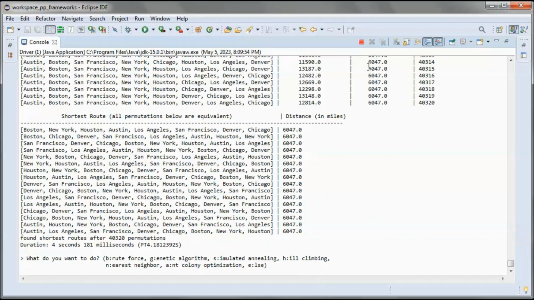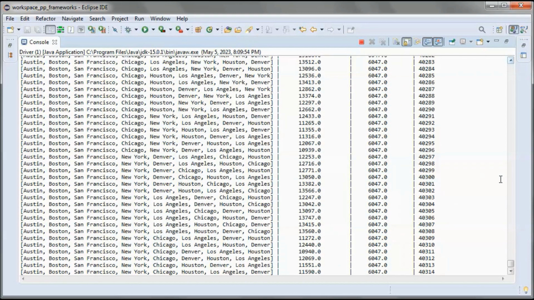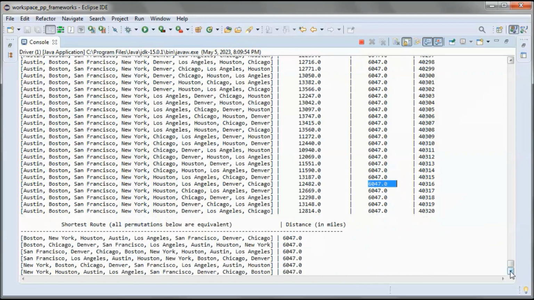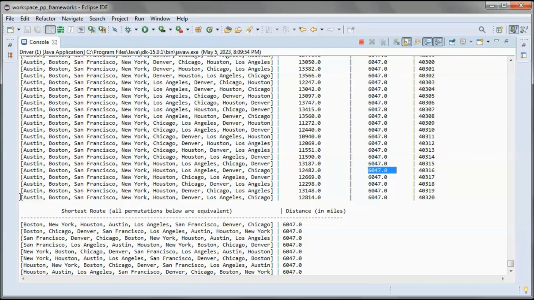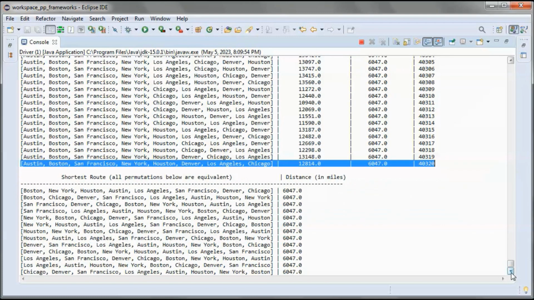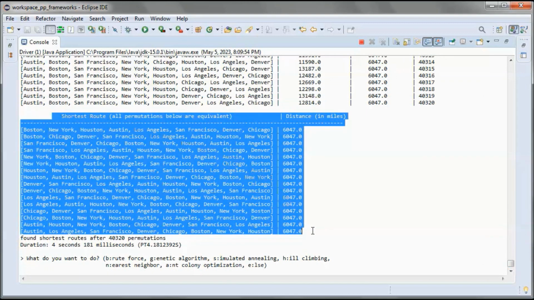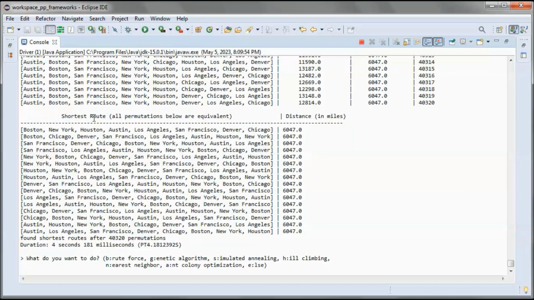So we couldn't find any distance shorter than this. And this was the last permutation. And we ended up with those permutations, having the shortest distance, which are all equivalent.